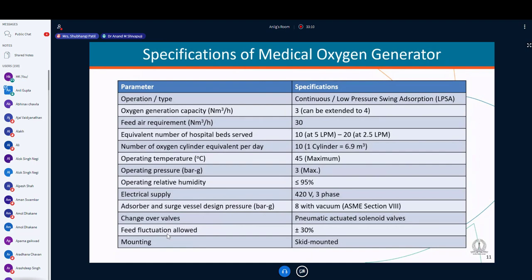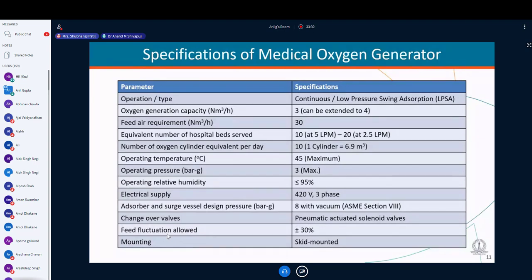and the feed air requirement is typically about 10 times as per the standards. So this is generally a thumb rule that we can take. Whatever is the amount of air that we send, 1/10 of that will be pure oxygen that is available, and then this is sufficient to support typically about 10 to 20 bed hospital. 10 when it is typically on ventilators, whereas 20 when it is just nasal oxygen that is supplied.